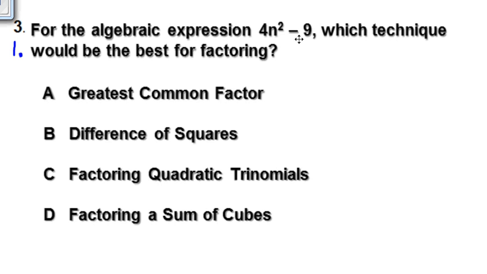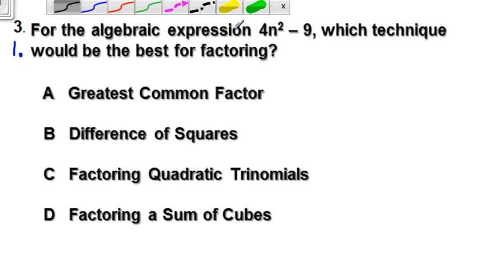4n squared minus 9. Which technique would be the best for factoring? What's the greatest common factor? Well, we don't have any common factors between these two terms here, 4n squared and negative 9. So that wouldn't be right. Now, for